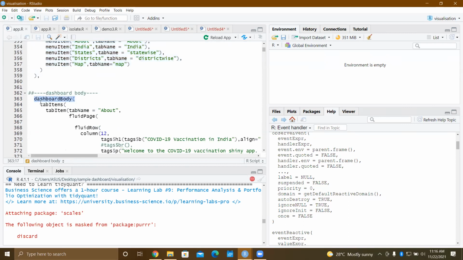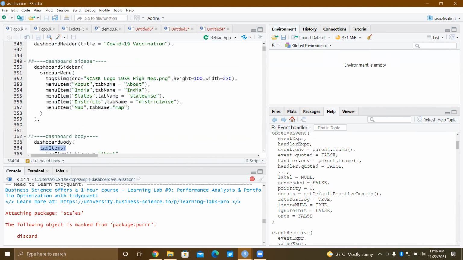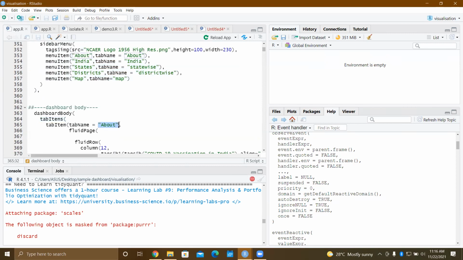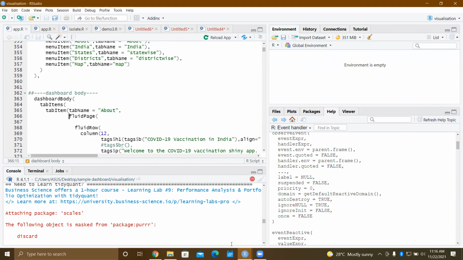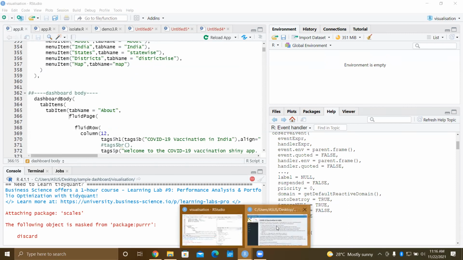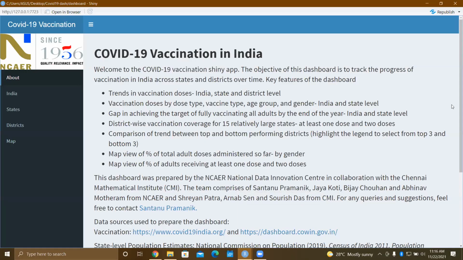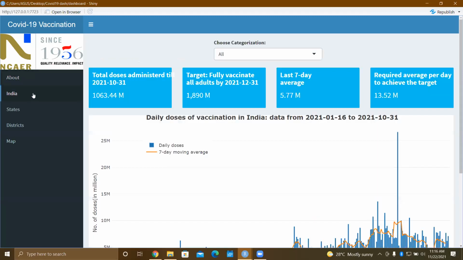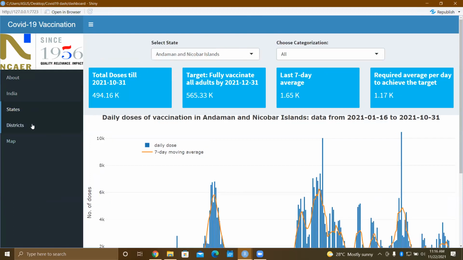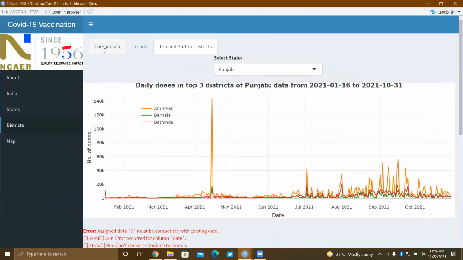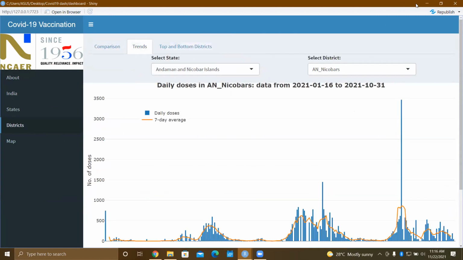In the dashboard body, you just create tab items, the menu item with tab name. This defines what the tab name is in the tab item, and then you use it as a single page like we have been using till now. You can do anything you like on one page, then go to the second page and do anything you like. You can create tabs inside tabs. These are very beneficial when you want to make a dashboard.